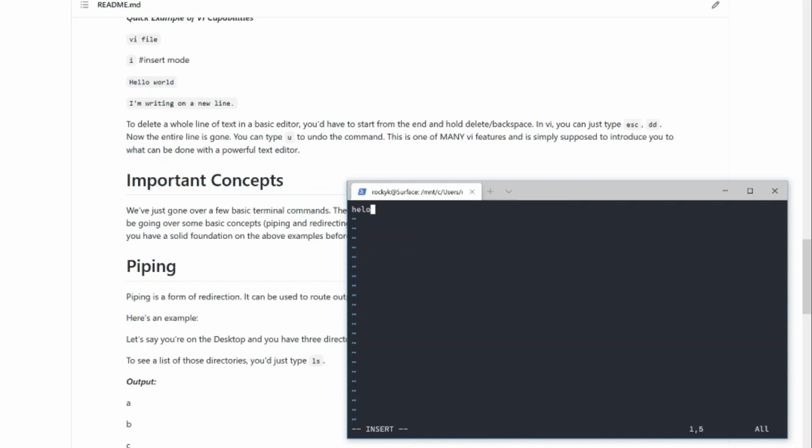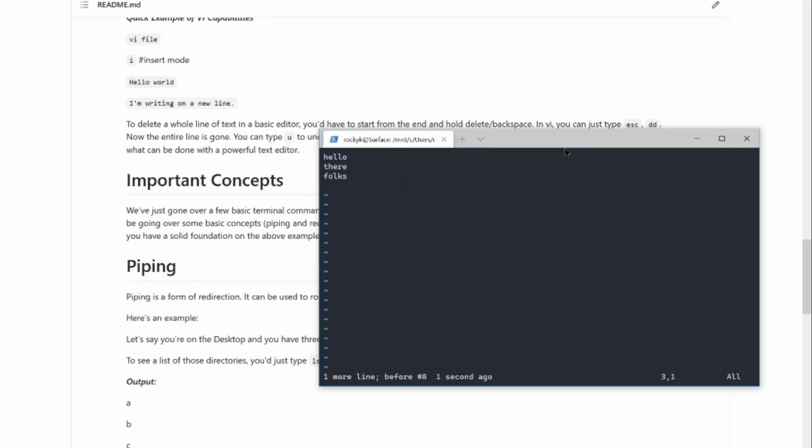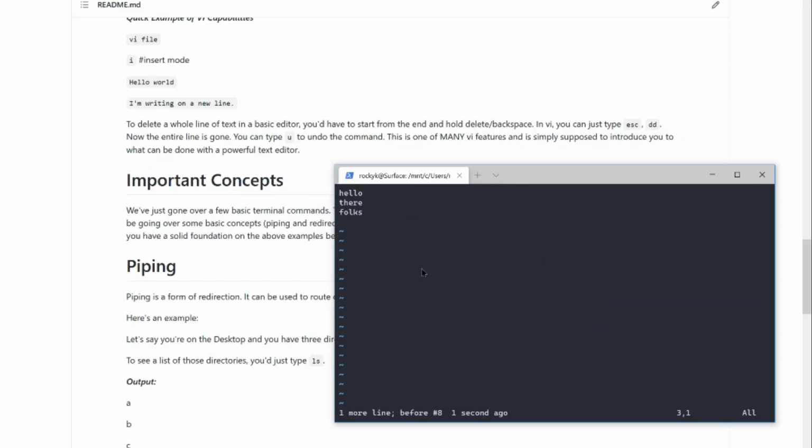I to insert, escape, dd, U. Stuff like that. I honestly am not an expert in Vim, but I just wanted to briefly introduce it to you guys so you can see that there are alternatives to Nano, and there's actually some pretty powerful things you can